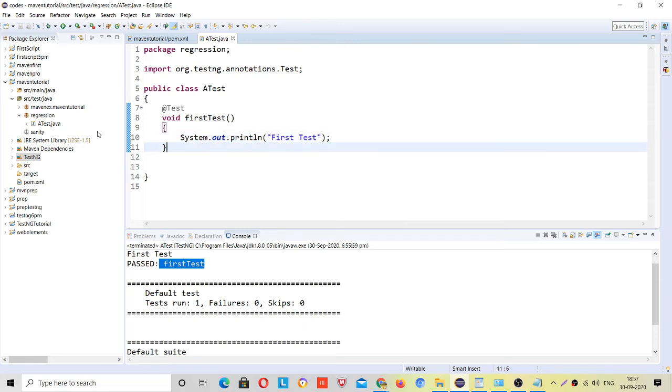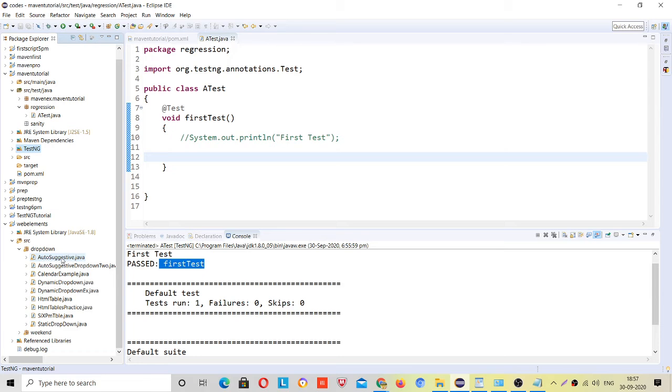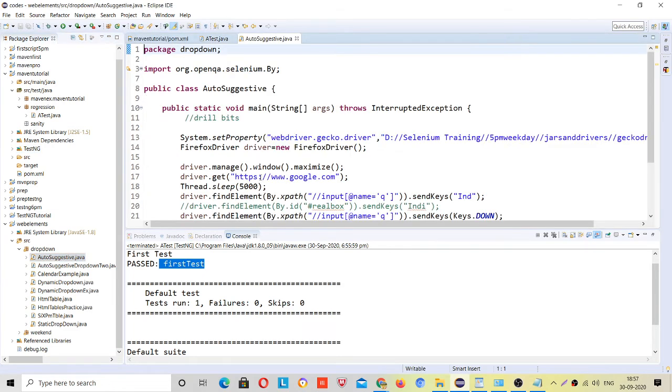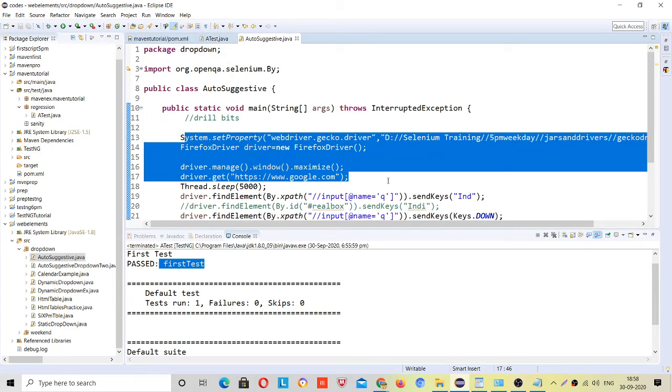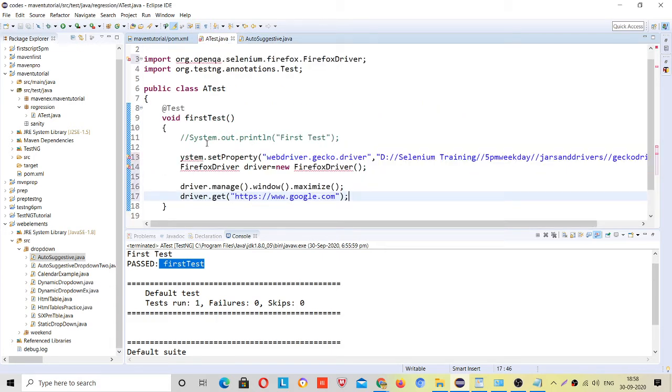Now suppose I comment this line and I want to run some Selenium code. I will copy these four lines and paste them here, right.